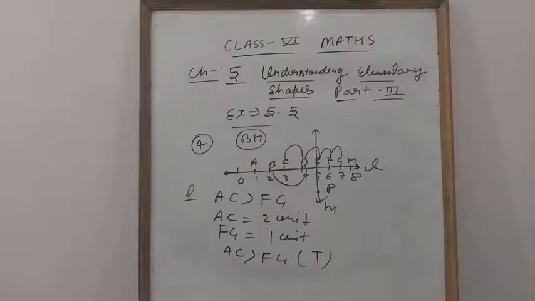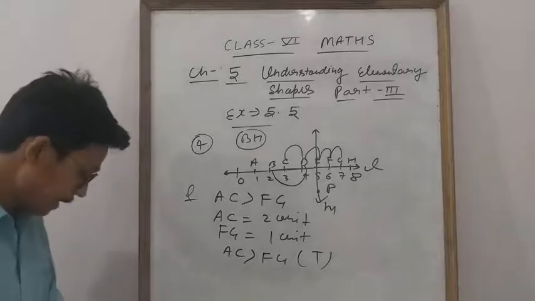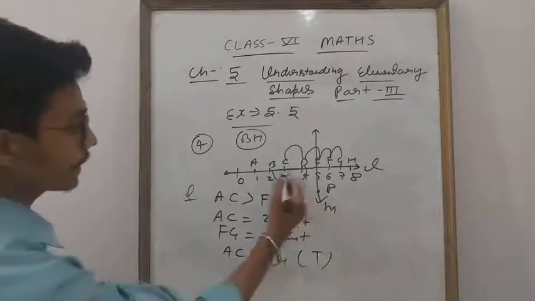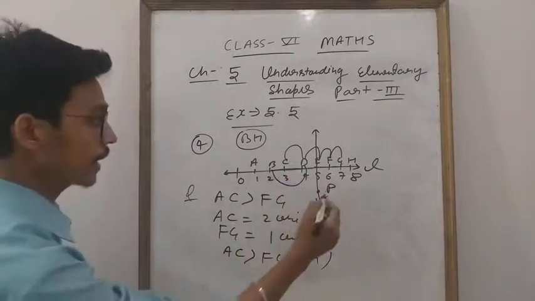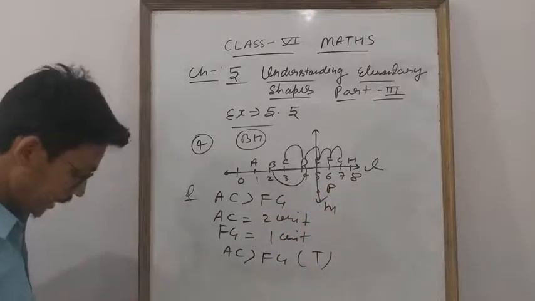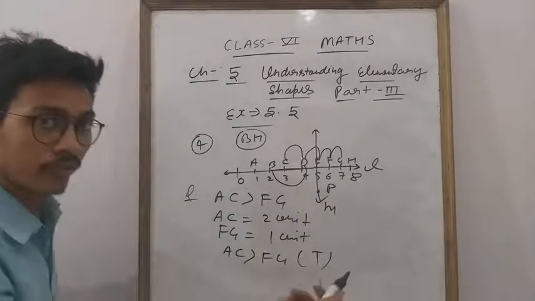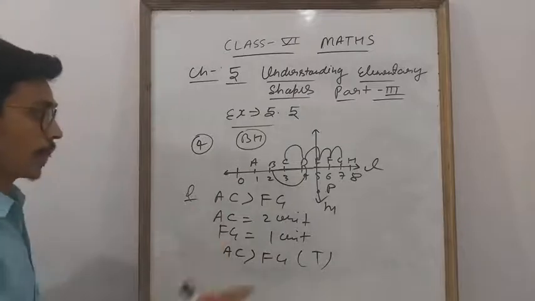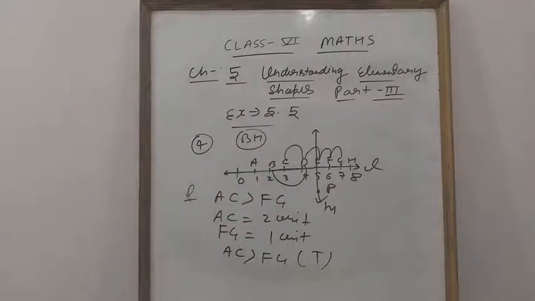अब देखिए what is given in the next, student. Next is given CD equal to GH or not. So you will find out CD 1 unit and next is given what? GH also 1 unit. यानी second is also 2. So on the basis of this diagram, student, you will find out the solution of all the question. But you have to see very carefully.